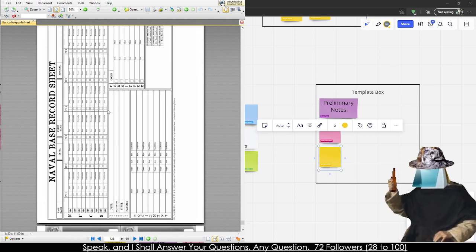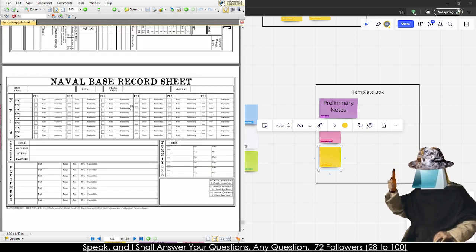Now, let me see where is the correct one. For some reason, I need to do... No, that's not the right one. Where are you? No, page layout. We want... Nope. Rotate view clockwise. Yes. Now,